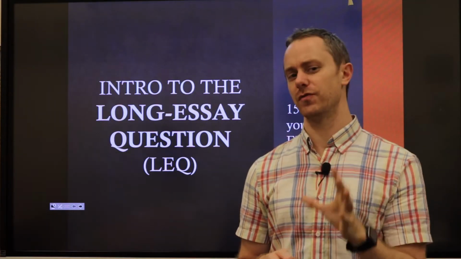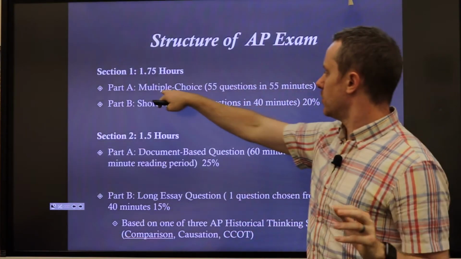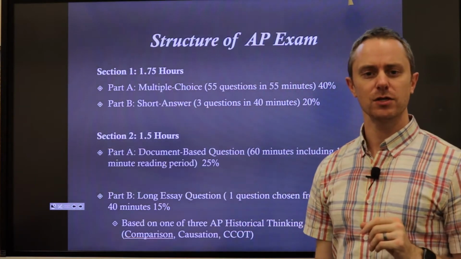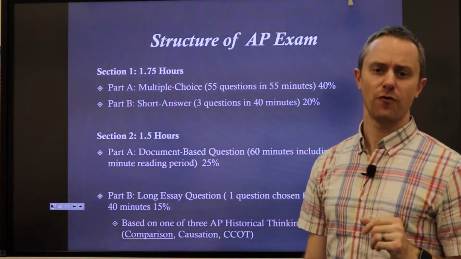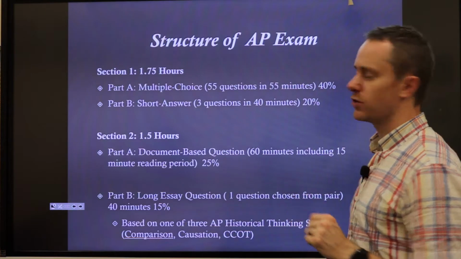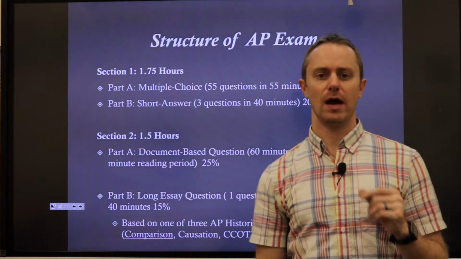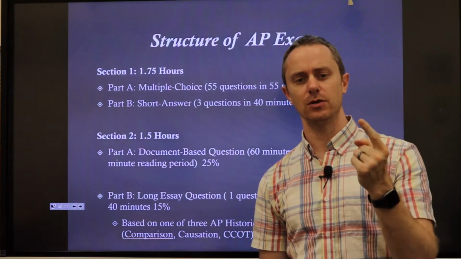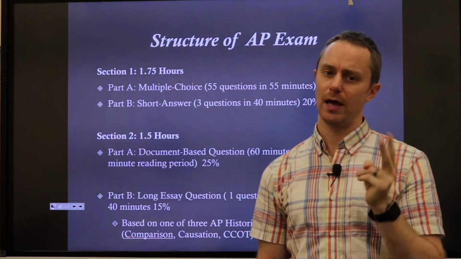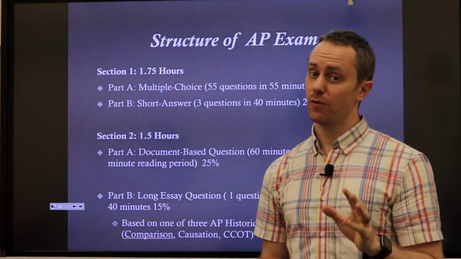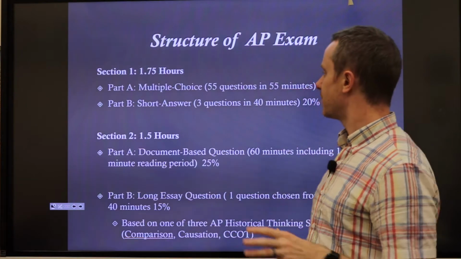So let's first review the AP exam structure as a whole. You've got the multiple choice section, 55 questions, 55 minutes. Then the SAQ section, short answers, 3 questions, 40 minutes, 20% of your overall grade, followed by the writing portion. You have a free response question that's a DBQ, or document-based question, and you have an LEQ, a long essay question. That's the one we're focusing on here, but understand that this section is not broken up